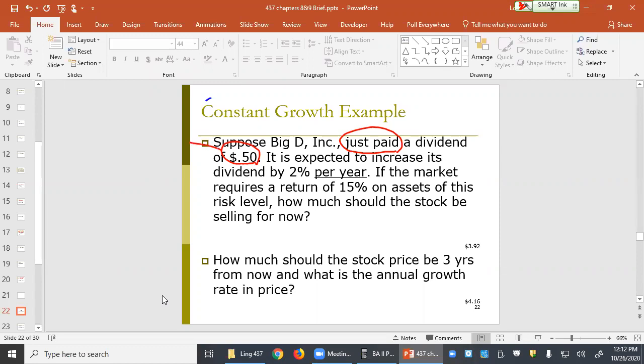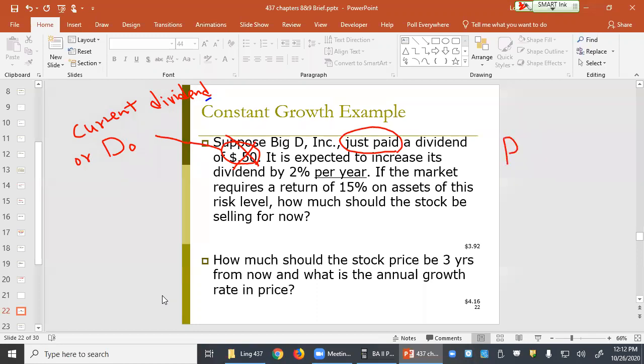And this tells us that this is an irrelevant cash flow. However, we may have to use this information in order to find what is relevant to us. So this dividend that has been paid is called current dividend by definition. And notation-wise, we use D0 to represent current dividend. You need to know that the current dividends are always irrelevant. But in this situation, we're going to use that D0 in order to find the D1 that we actually